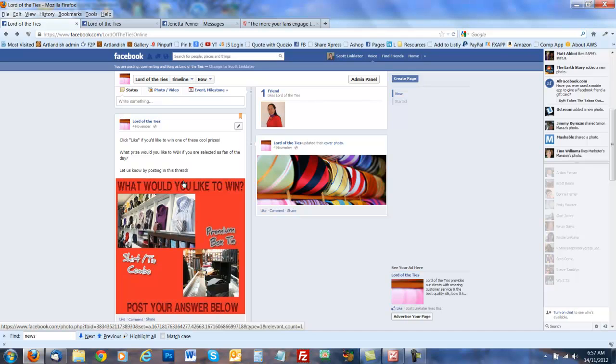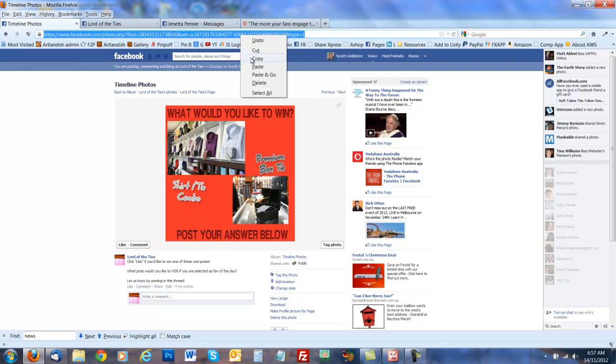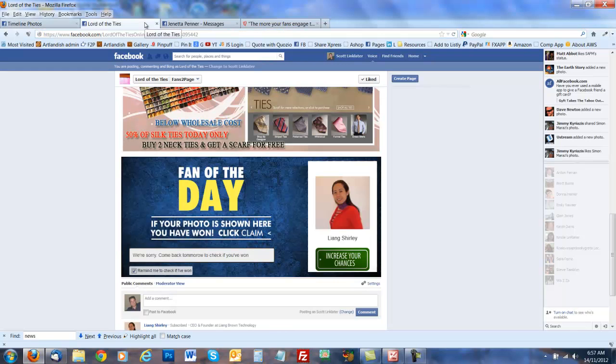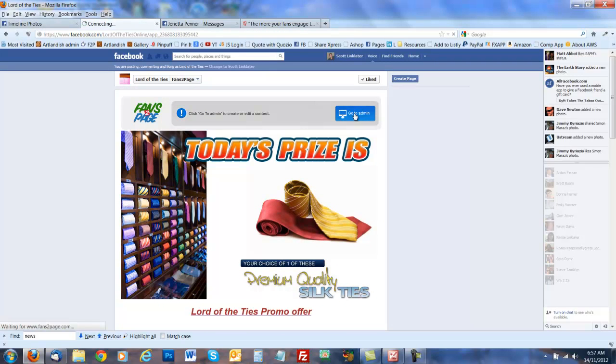Now, there is another option that you can have, and if you click here on where it says the date, you'll see down the bottom there's a long URL. Now we'll just click that, and it brings up the image on its own separate page. If you were to go up to the URL bar now and grab that image, right-click and copy, we can then come back here to the app, go to the admin,